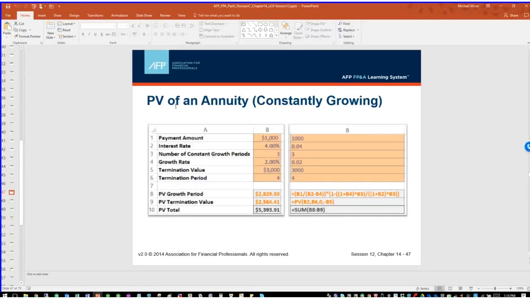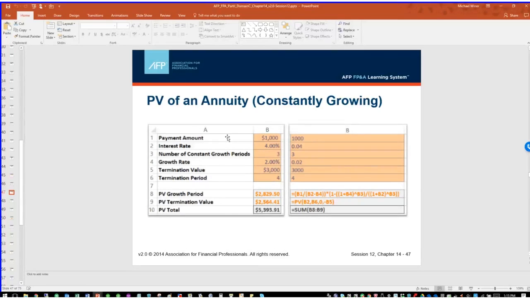So what we're looking at here again is a spreadsheet. They're showing us two columns, but they're showing us column B twice. The first time over here, they're showing us the result, what you would see if you looked at the spreadsheet. Over here, they're showing us the content, the formula or the entry that's in there. So you're seeing the same column twice: this is the explanation or underlying formula, and this is the outcome.